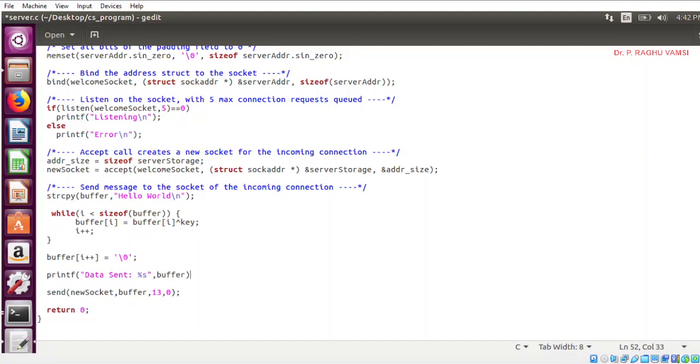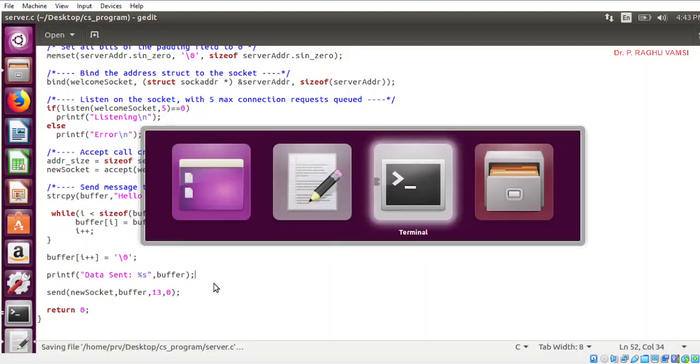So I think you got clear that whatever message we are going to send, we are going to encrypt using the key, and the encrypted data we are going to send to the client once the connection is established. Now let's compile this program.